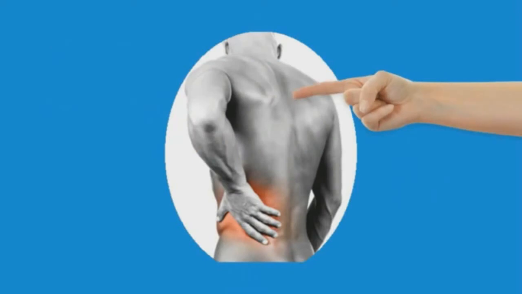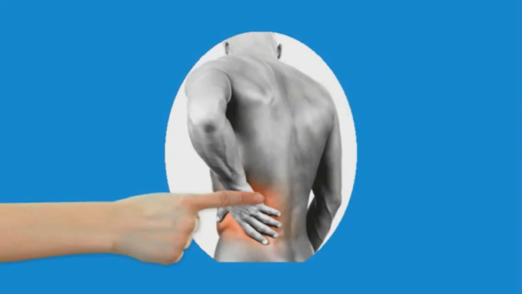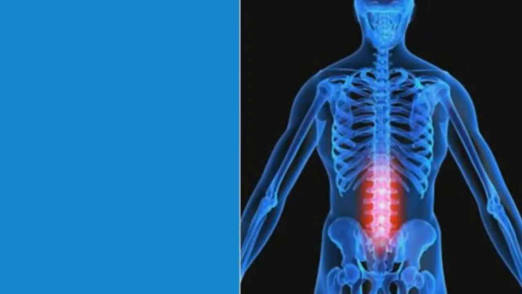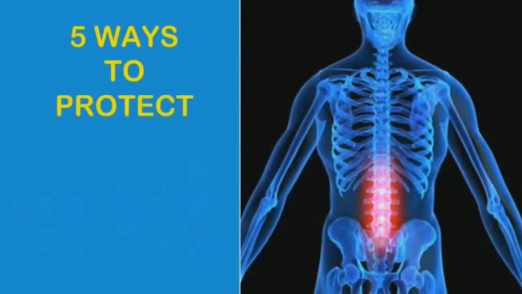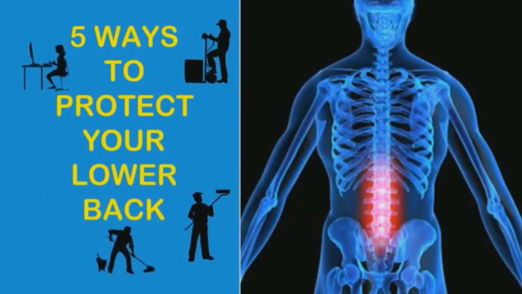One of our back safety videos is called the high fives. This one we call the low fives because this video covers 5 important ways to protect your lower back. The lower back is a vulnerable area that requires special attention to spare you painful injuries that can affect your lifestyle for the rest of your life.